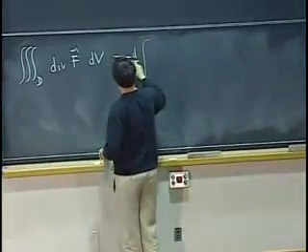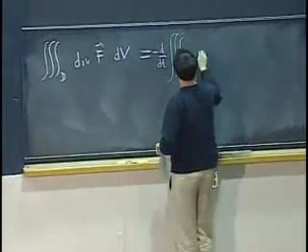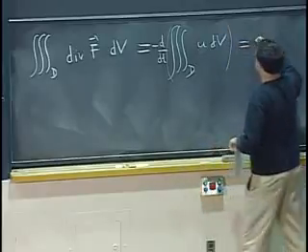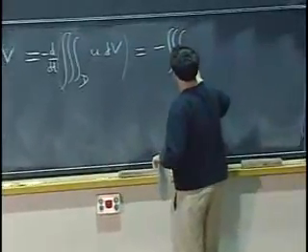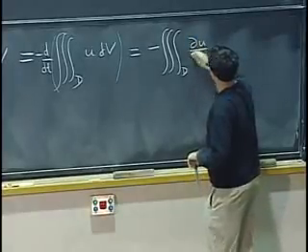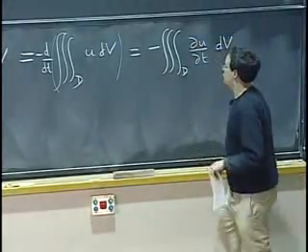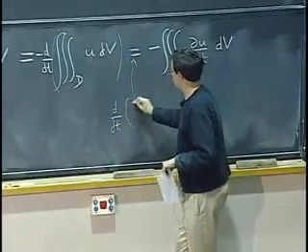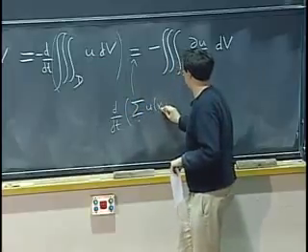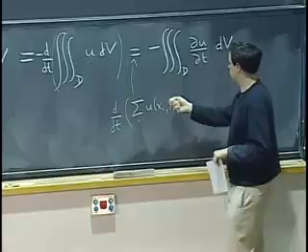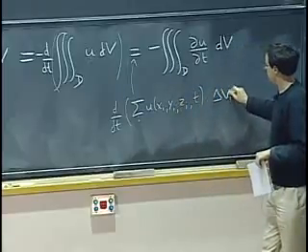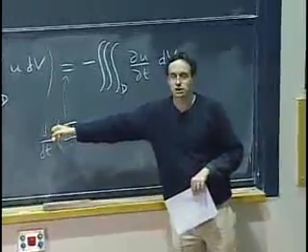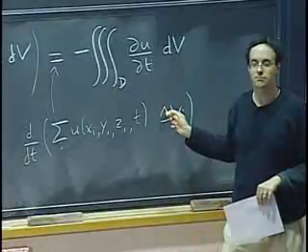So let's see. I said minus d/dt of the triple integral over D of u dV. And now I'm saying this is the same as minus the triple integral in D of ∂u/∂t dV. And the reason why this is going to work is you should think of it as d/dt of a sum of u at some points. You plug in the values of your points at that given time times the small volume, you sum them, and then you take the derivative. And now you see the derivative of this sum is the sum of the derivatives.